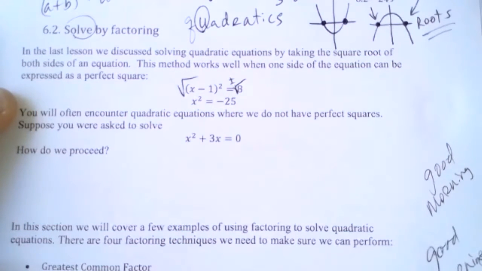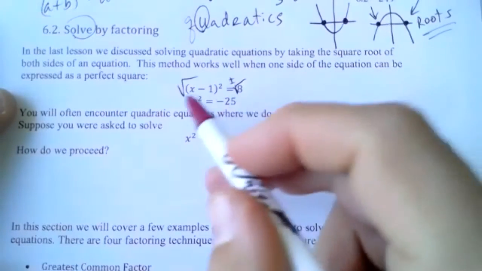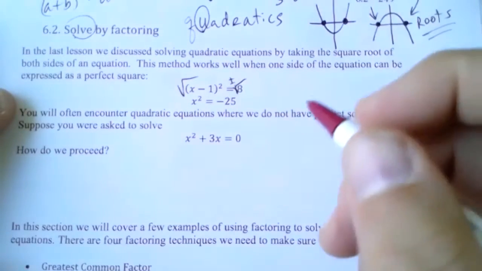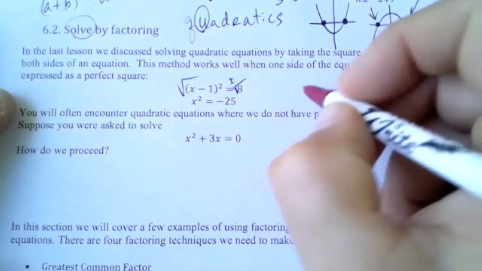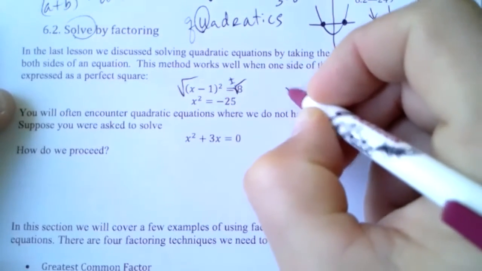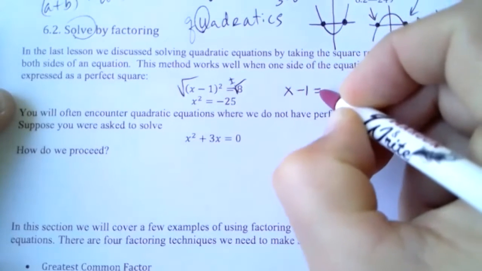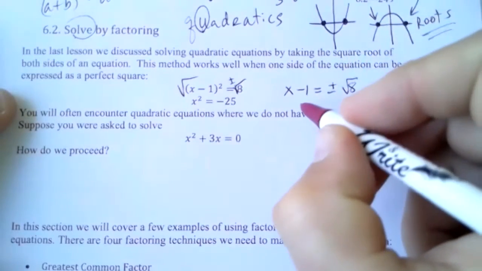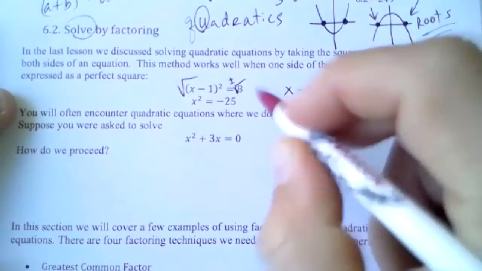Now, in this case, it didn't quite work out as easily as it could have, I guess. I mean, if you work this out, it'll be x minus 1 equals plus or minus the square root of 8. And then you have, anyway, so